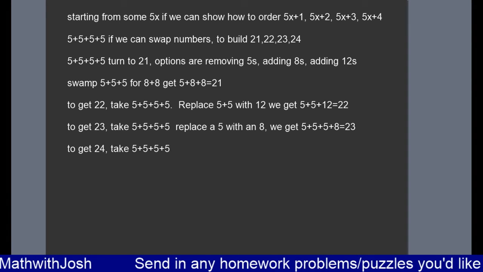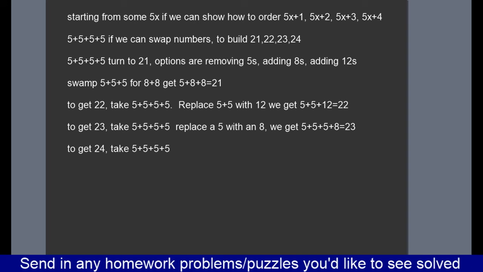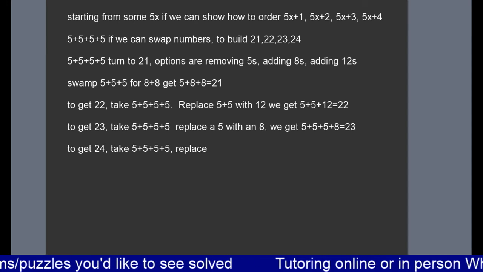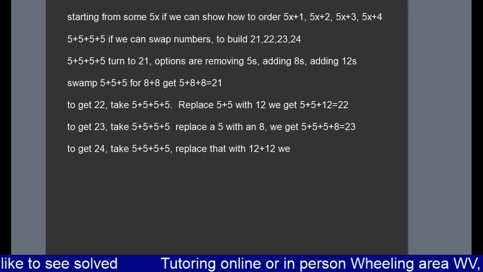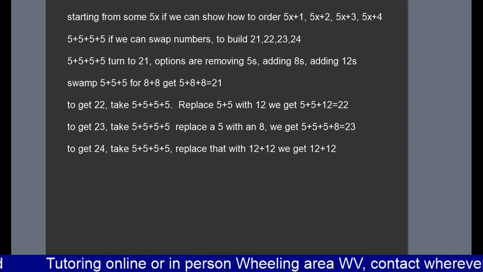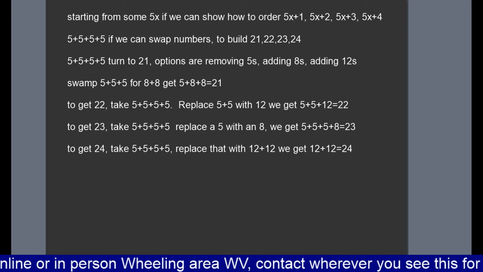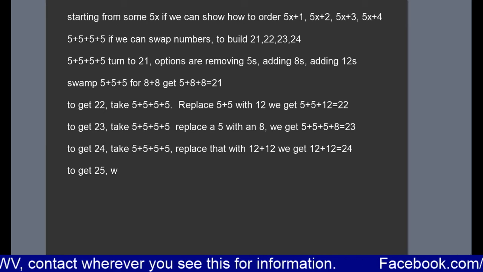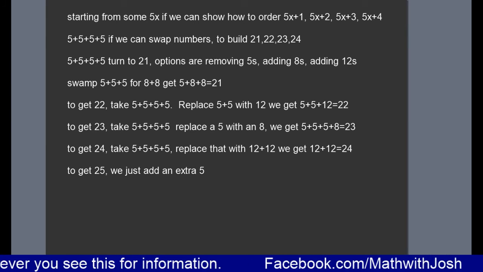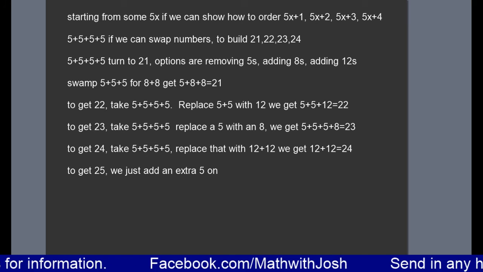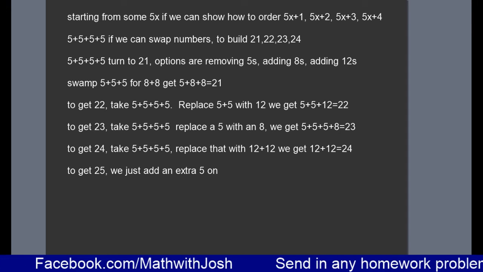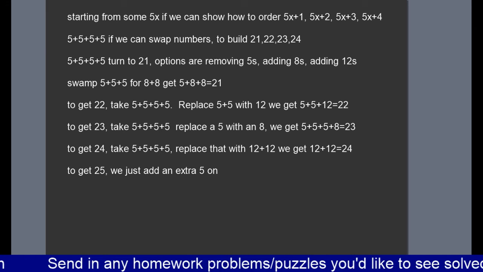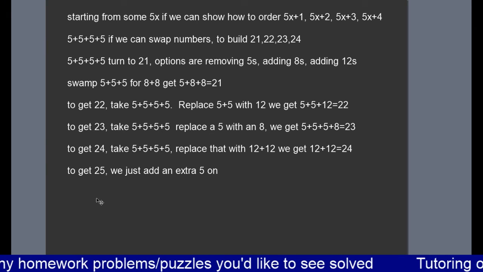And then to get 24, 5 plus 5 plus 5 plus 5. Notably, we figured out that we can take 2 5s and replace with a 12 to add 2. So we can replace that with 12 plus 12, and we get 12 plus 12 equals 24. And of course, to get 25, we just add an extra 5 on. Now, this maybe seems like a lot of work, and you might be thinking, how does this solve that everything after 20 can be made? Well, now that we're at 25,